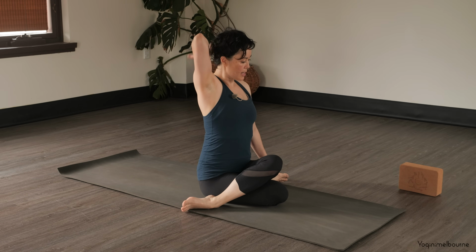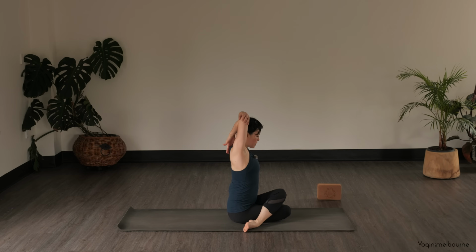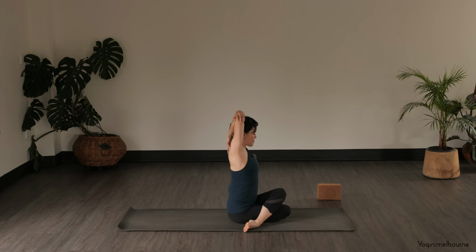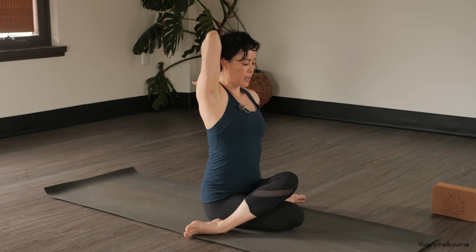And taking that right hand onto the upper back, holding onto the right elbow. So once again, just making sure you're not pulling your head forward. And then if you'd like to go for your monkey grip, reaching that left hand back. Once you've found your position, just being in stillness,